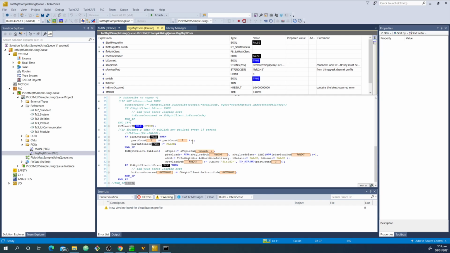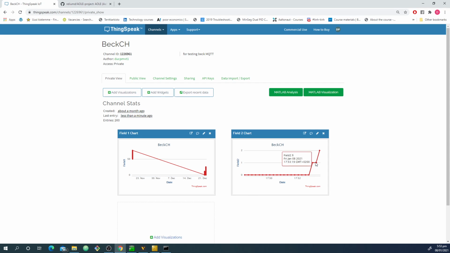number will be sent to ThingSpeak in the cloud, which I have helped you to establish the connection over here. So you see it. Remember, I put it into the field 2 chart, not field 1 anymore. So here you can see the counter is updated over here. So you can imagine ThingSpeak as an MES, or the controller of the enterprise, where the production data will feed directly to